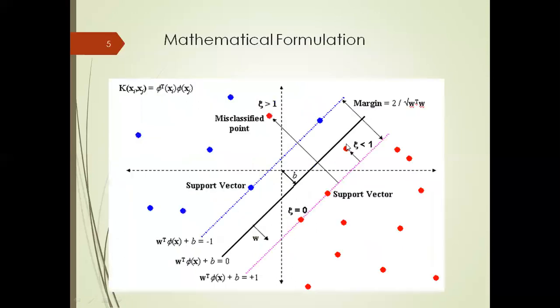Next, assuming that the data is indeed linearly separable, the classifier hyperplane is defined as a set of points that satisfy the equation. Here you can see 3 equations, where W is the normal vector to the hyperplane, you can call it the weight. The value of this equation is -1, this is 0, and this is +1, and the width of the hard margin will always be 2 by W. So this is the margin we have taken, a margin of 2 by W.